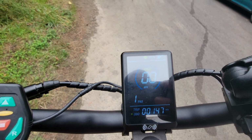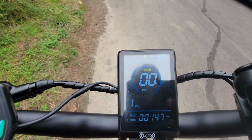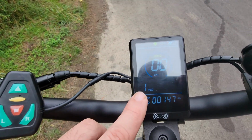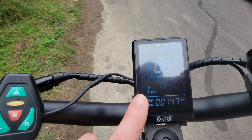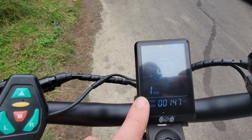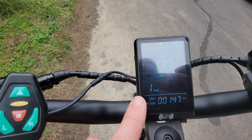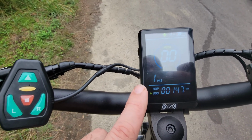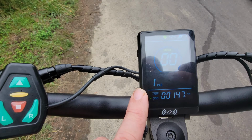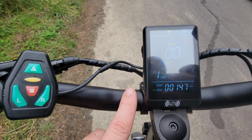So what I suggest for first-time riders, and this is how I trained my daughter to ride her scooter, is I would keep the gear or the pass in one, because that allows your scooter to stay only at 15 miles an hour. So that way it's not starting off too fast, and you can get a little squirrely with these scooters at first when you first start riding them, if it's in like the third gear and set for like 40 miles an hour. So never ever do that when first riding these. So set it to pass 1,